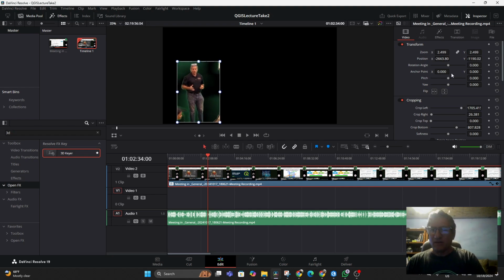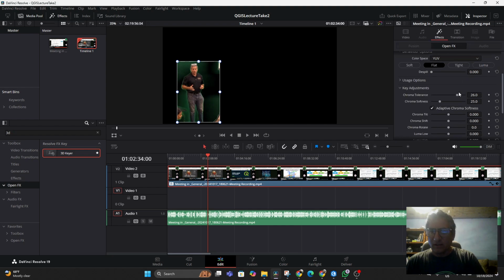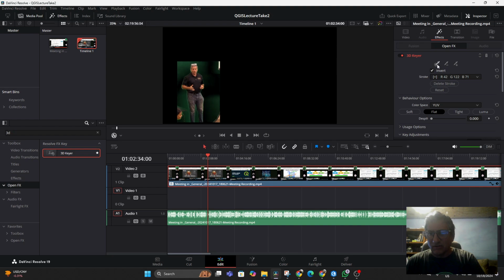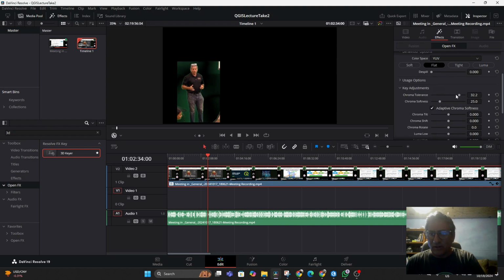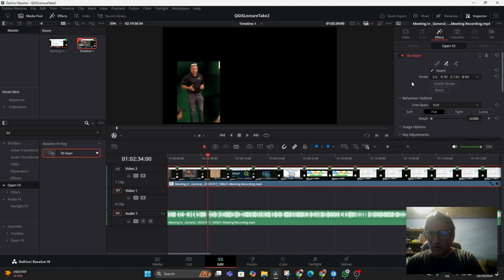Okay. And then go to the effects, and can we use it now? No, nothing is happening because we're not in the right tool. So go to OpenFX Overlay, and it's going to ask us to choose it all over again. So let's try that. And let's see if we can get a clip tolerance, chroma softness, something's acting weird. If we click to add these portions to the key, we're telling it basically that all these colors need to be removed,